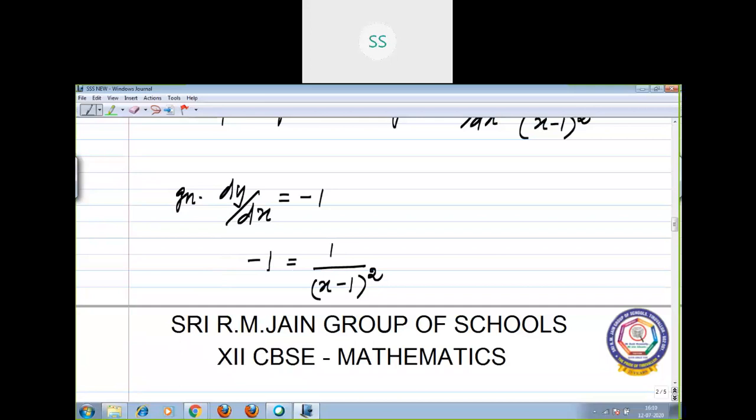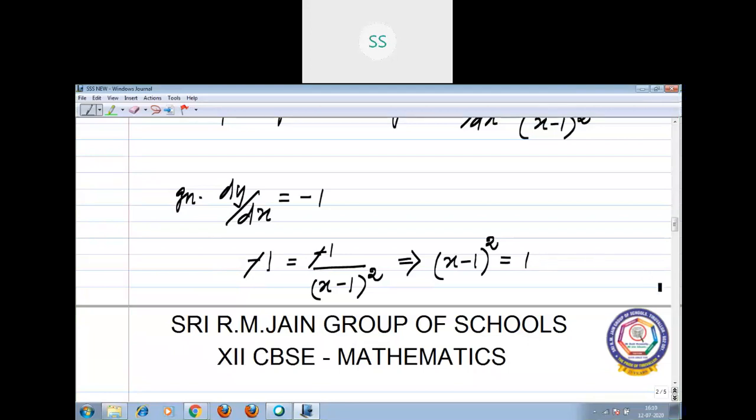Now, you are going to cross multiply. See here, here also you arrived at minus 1, so minus cancels, which implies x minus 1 the whole square equal to 1. Right, you understood? The given curve equation you differentiated, you arrived at minus 1 by x minus 1 the whole square. Already in the question, the slope of the tangent is minus 1. So dy by dx is replaced by minus 1. Finally, you arrived at x minus 1 the whole square equal to 1.